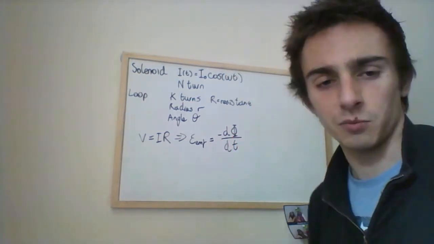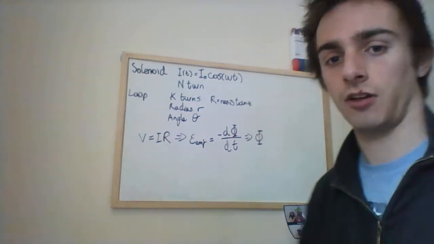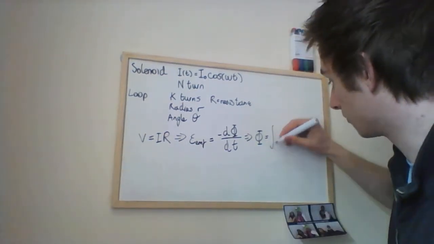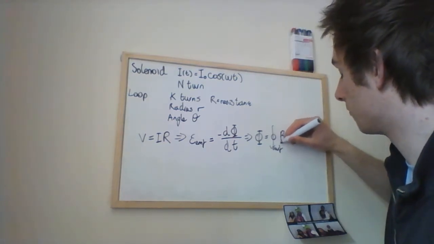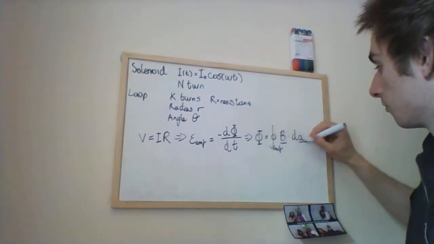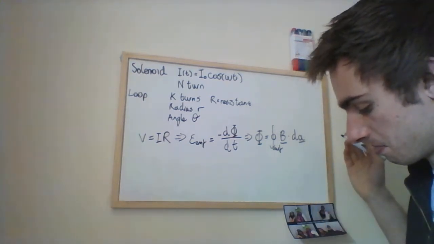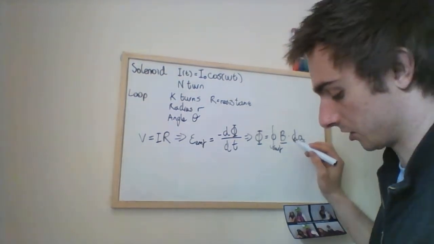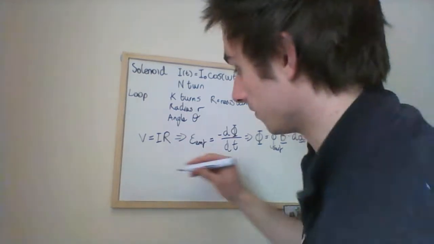So we want flux. And what is flux? Well, flux is the amount of magnetic field lines going through a surface. So it's the surface integral of the B field going through a surface with area A, which is great. Okay, so we want to find maybe an expression for this B field now. So that's where we're going to start, because the B field,